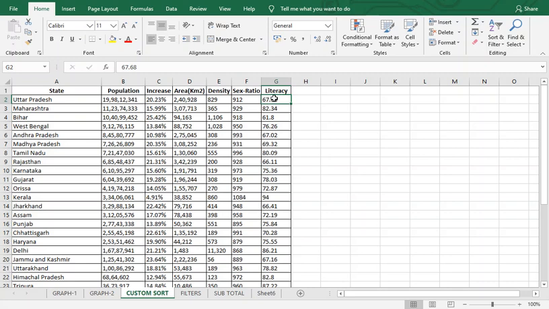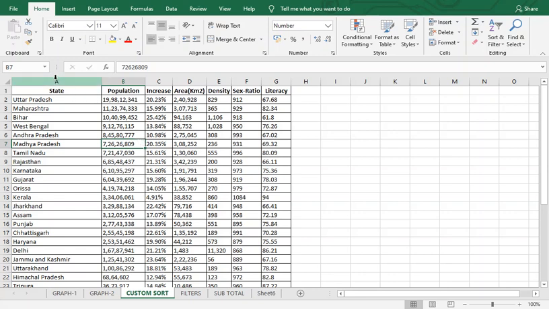We'll try to use custom sort on this table and see how it works. You can also arrange your information in a tabular format so that it is easy to sort. So let's try to find out how custom sorting works.